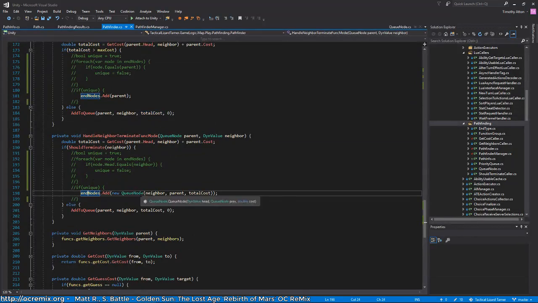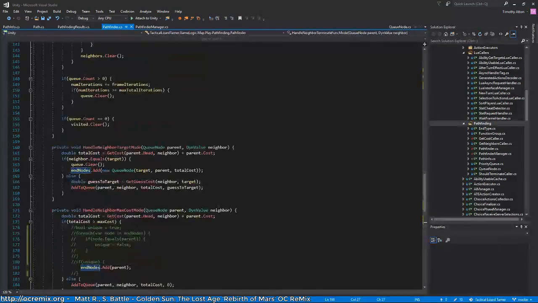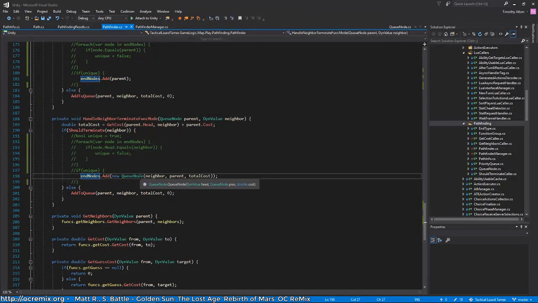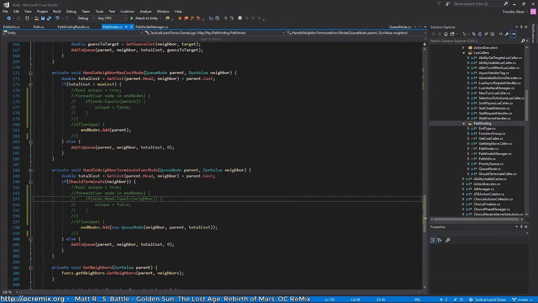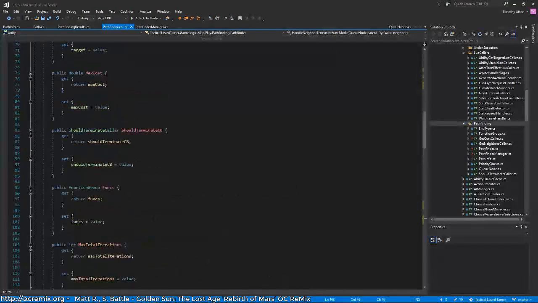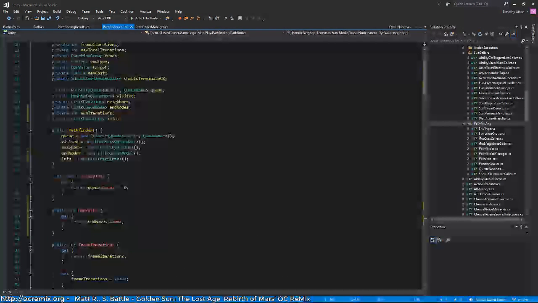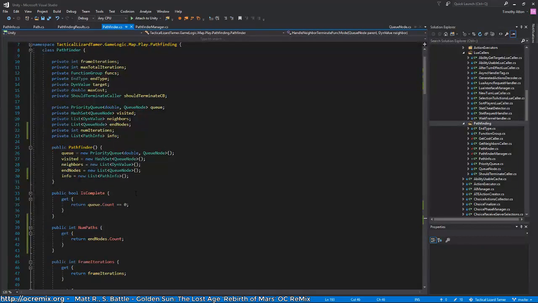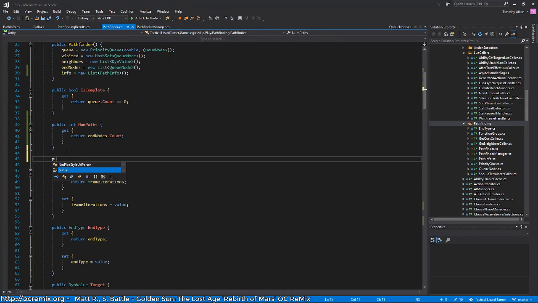Oh wait, so the end node is not actually a specific position. This actually encodes the entire... Oh wait, no, it is just the head. Sorry, I'm sure I'm confusing everyone. The end node actually contains the entire path, because that's how we store it, but here we actually just check if the node head equals neighbor. So yeah, we won't do this at all. There won't ever be a duplicate path. Okay, so now that I've confused everyone,